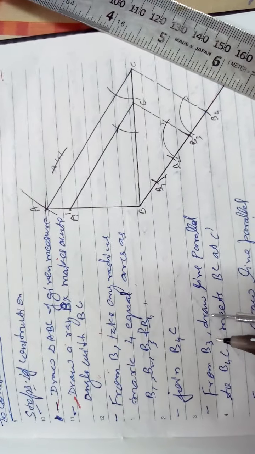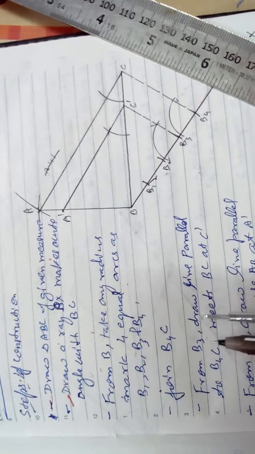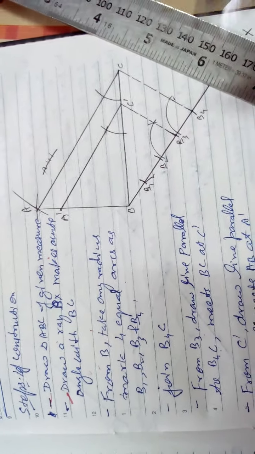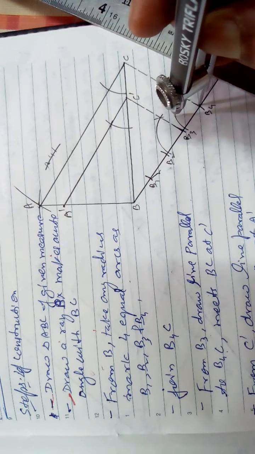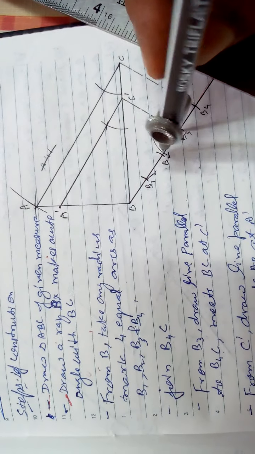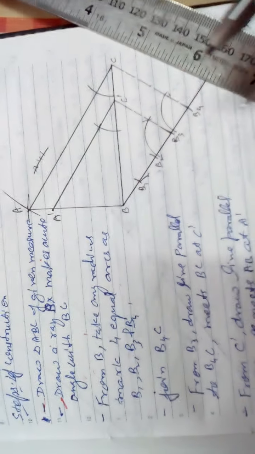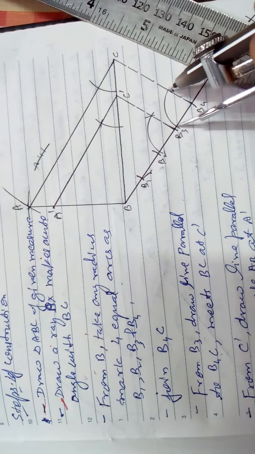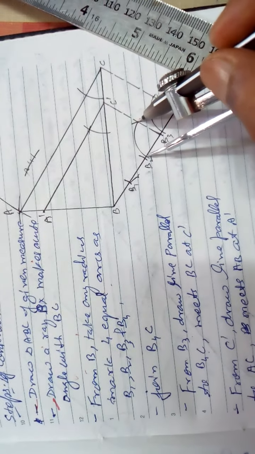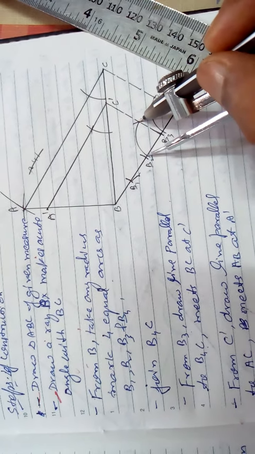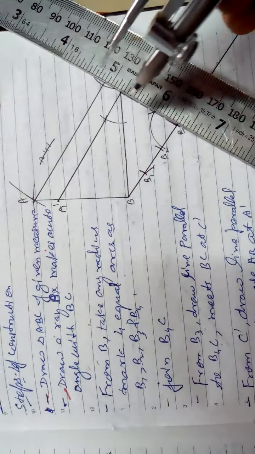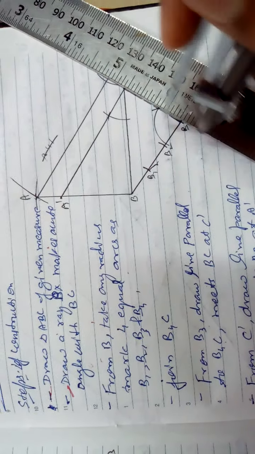Next step, from B3, you read and then draw. From B3, draw a line parallel to B4C, like previously, using pair of corresponding angles. For the parallel line we will take the compass, and with this same radius from B3 I draw one arc, then measure this angle, equal angle formation from class 9, and from here I have cut it. It is equal angle formation, so no need to show it in written form, only you need to know how to draw. Then join this cut, and where it meets BC it is C dash.